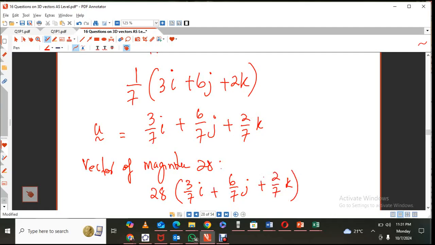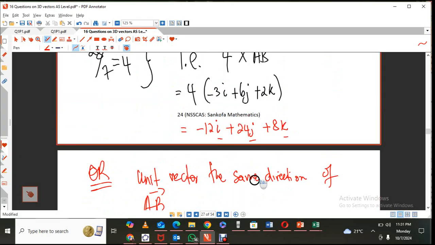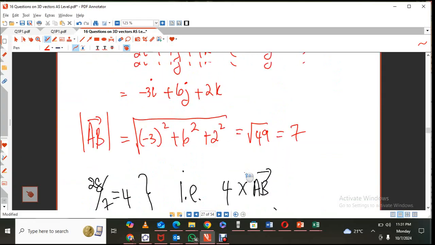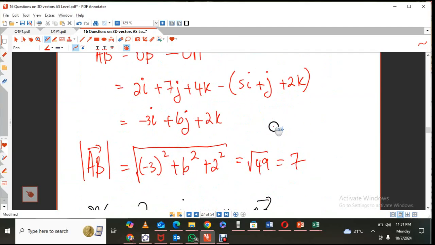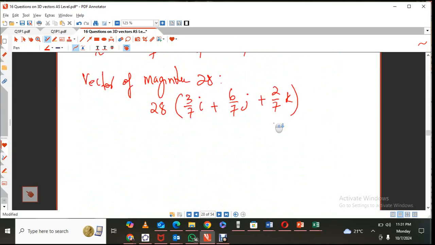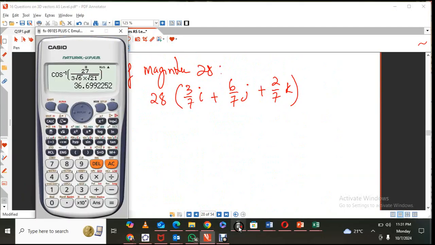So we can find that vector now. Because the question is asking for this one that I have over here. The question is saying, find the vector which has a magnitude of 28. Okay. So if you grab your calculator, then you say, okay, 28 multiplied by 3 over 7,